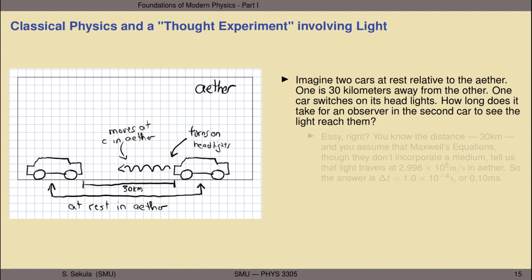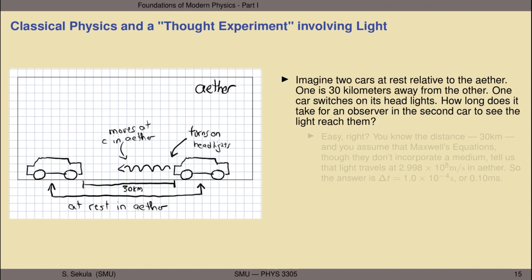And if you determine that that's the case, you may have hit upon a useful inconsistency in our understanding of nature that could then be used to figure out what the correct description of nature might be. So to do our thought experiment, let's imagine that we are in a space that is filled with ether,